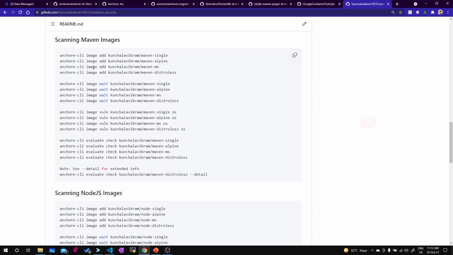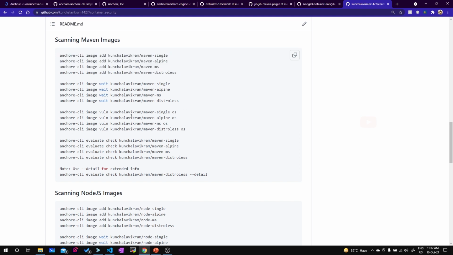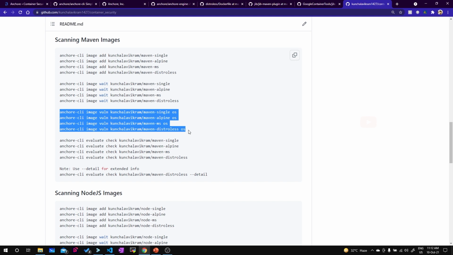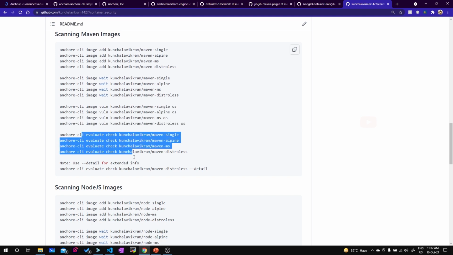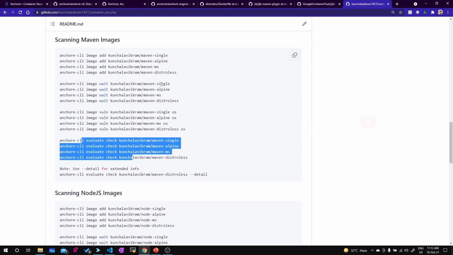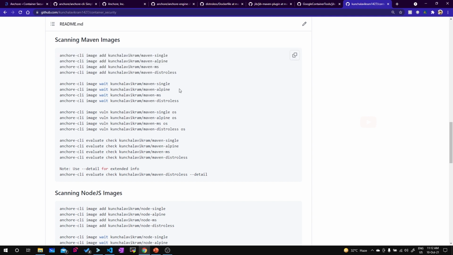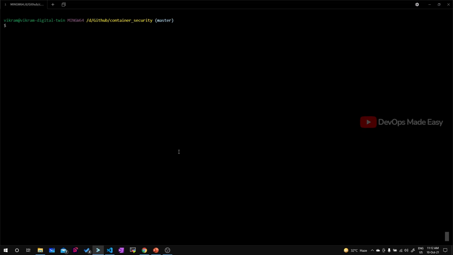I have here all the images for Maven, so I can just add all four different types of image builds, and then I can use the wait option, then the vulnerability check and the policy evaluation check, etc. And the same I can do for Node.js as well. Since the scanning takes a lot of time, in order to save time I've already added the images and the analysis is already available. So if I just do anchor-cli image list,